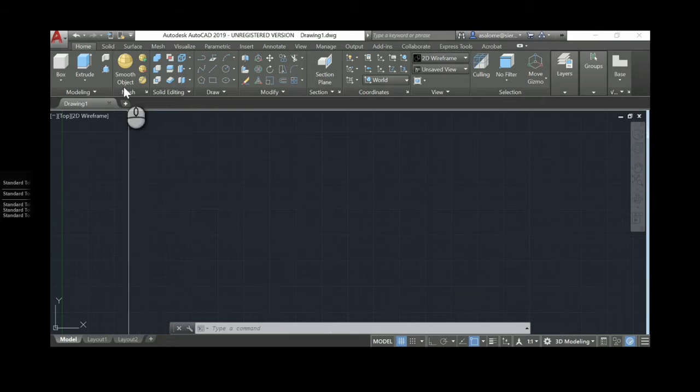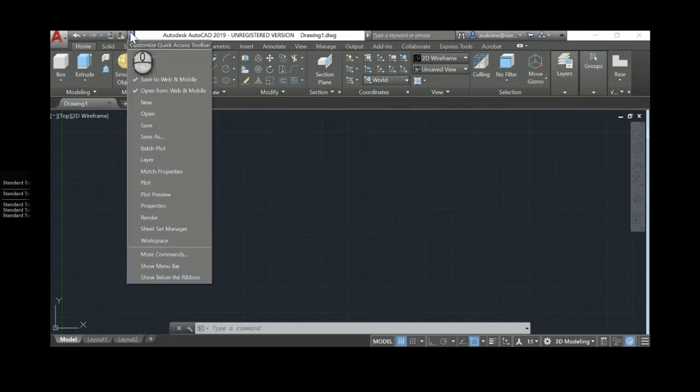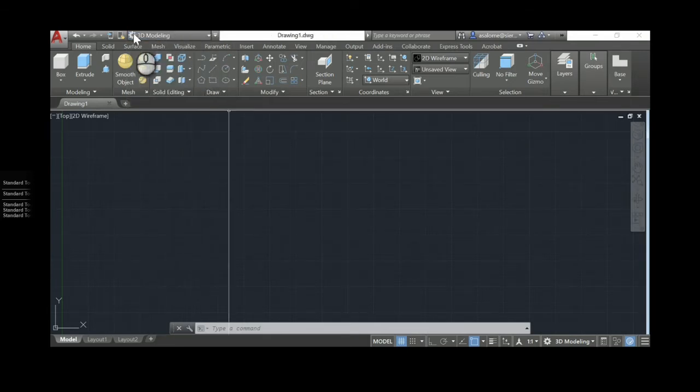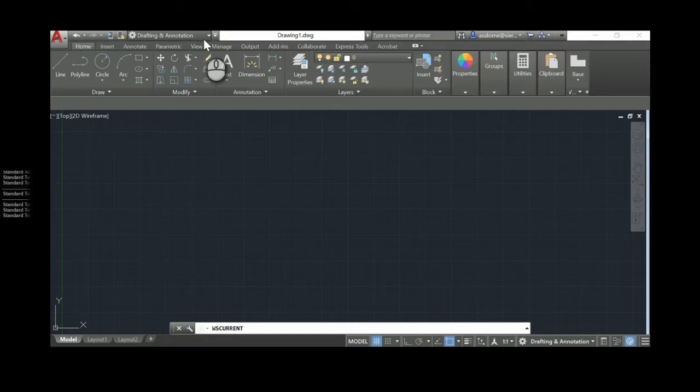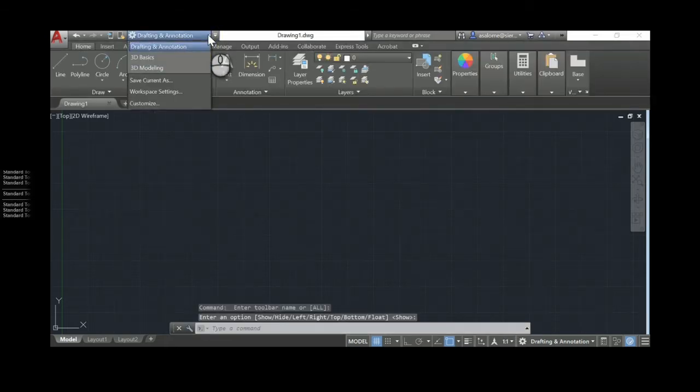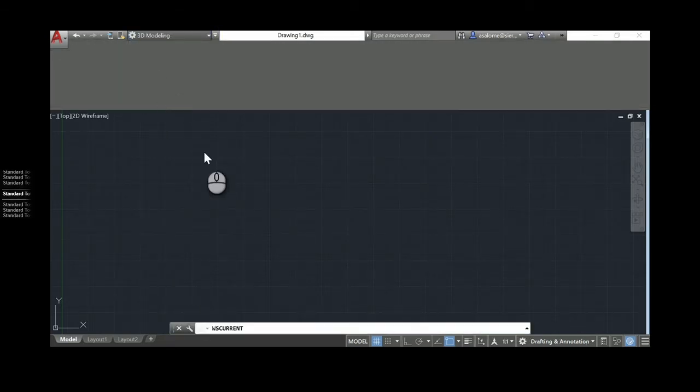So I'm going to go back to that list and see if workspace appears on my list for options that can go onto that toolbar. And indeed it does. It's about 3/4 of the way down. I'm going to add workspace. Notice how that changes my quick access toolbar. And now my toolbox or workspace switching option is right up here on the quick access toolbar, as it is in the lab at school.